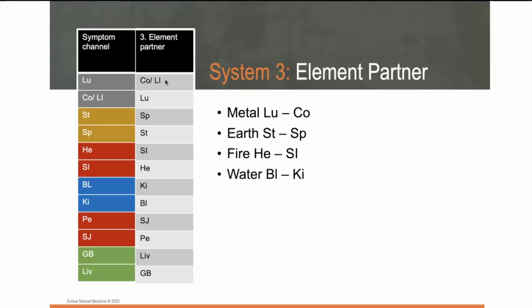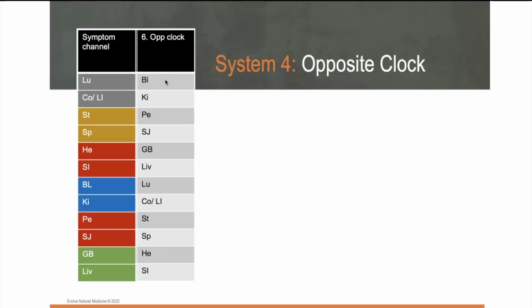When we're looking at water, pretty obvious, bladder and kidney. We're looking at what I call fire 2, which is pericardium and sanjiao. And then we're looking at wood, liver and gallbladder. So pretty straightforward element partner. System 3, not a hard one to get your head around. System 4,